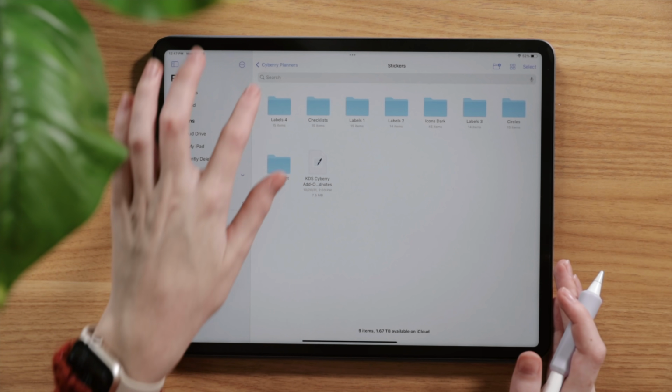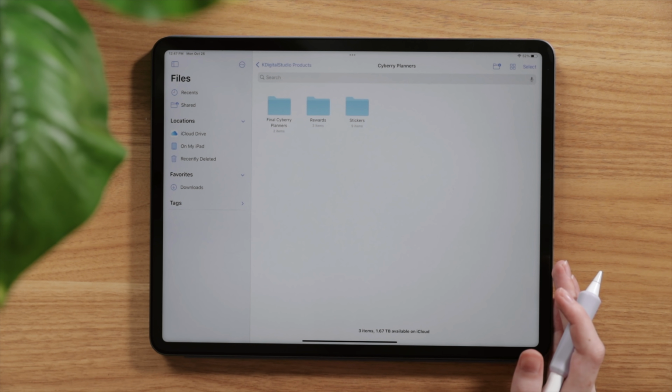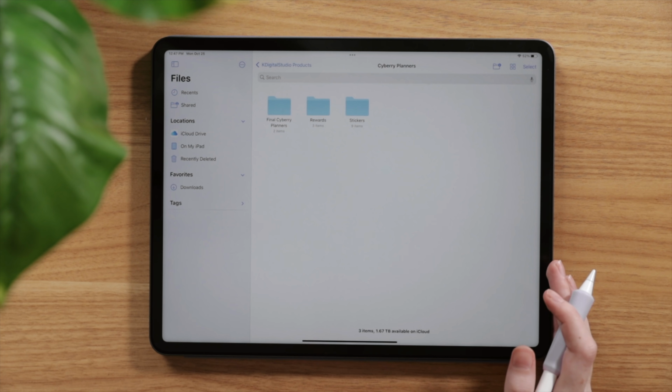So without further ado, let me introduce you to the full tour and walkthrough of the Cyberry digital planners for 2022, along with everything included if you purchase one from KDigitalStudio, because you're getting more than just a digital planner with this purchase. So with the Cyberry planners, you are getting a 2022 dated digital planner, a hyperlinked PDF file,